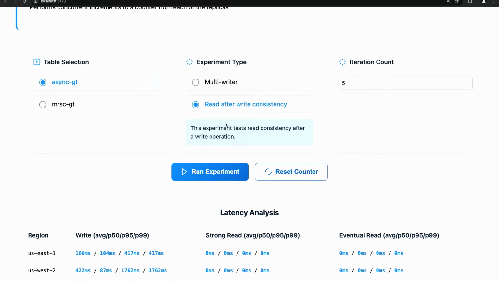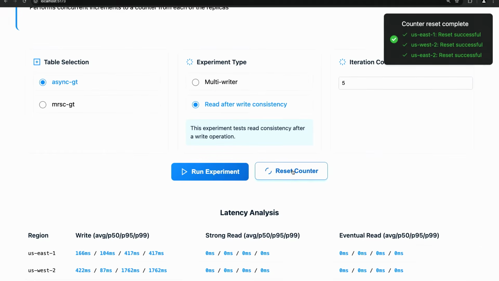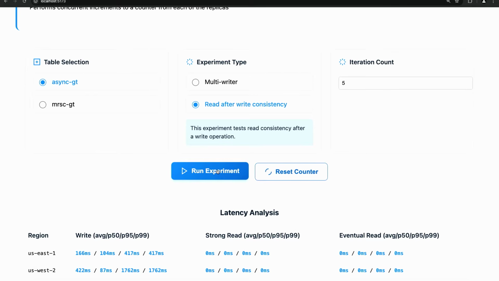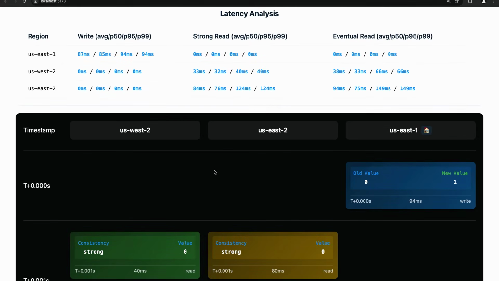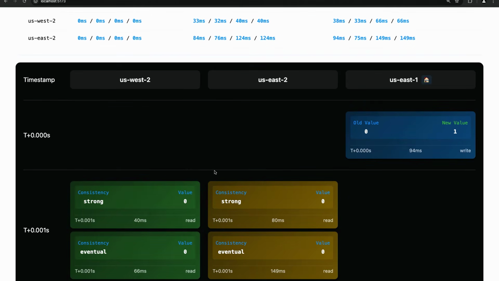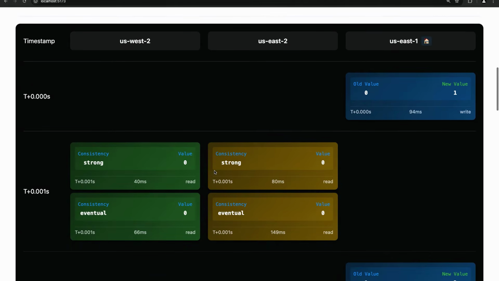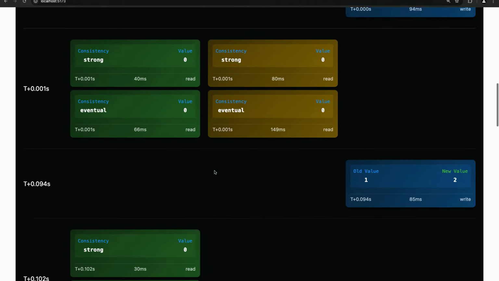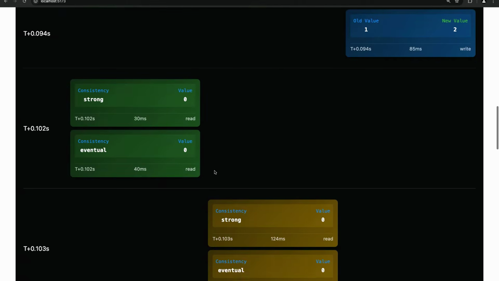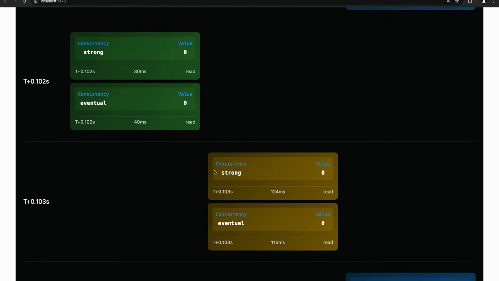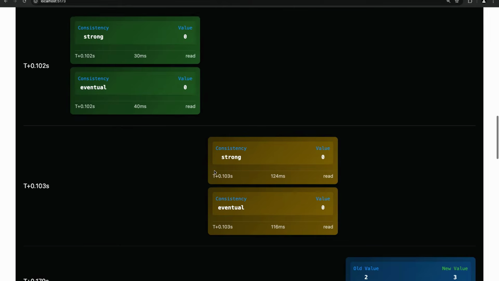The next experiment we're going to do is see how strongly consistent reads work with asynchronous global tables. Here, we just incremented the counter in US East 1. US West 2 and US East 2 were just observing the values, right? They were doing a strongly consistent read and an eventually consistent read. So US East 1 chugs along, and we increment the value, and we're observing the value from the other two regions. As you can see, even though US East 1 has finished incrementing the values, the other two regions have still not observed it, because sometimes replication can take a little bit of time before it reaches the other two